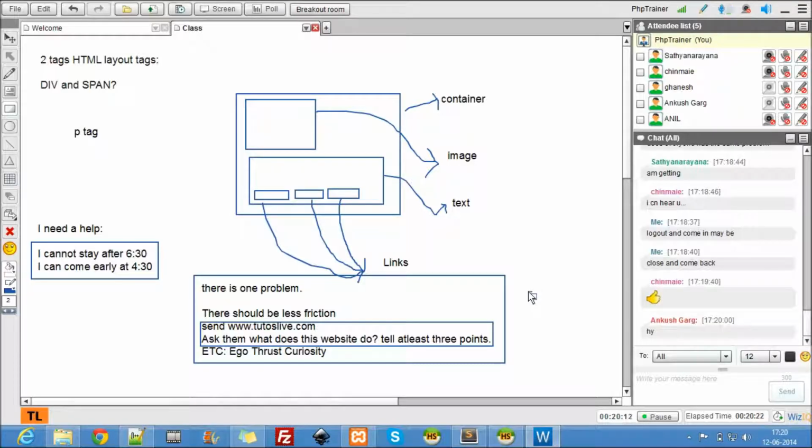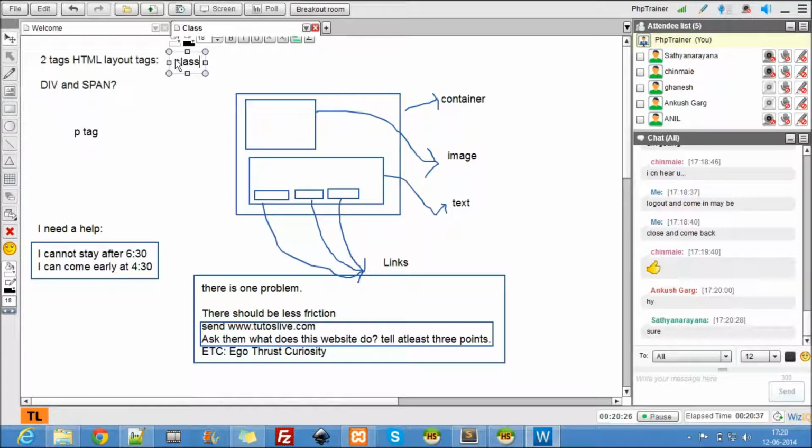Okay, so now let's look at div and span tags, what they do real quick, and then we move on to the next type of selector. Yesterday we only talked about a tag selector, which is also called an element selector. Now today we'll talk about class selector. Then I'll give syntax to all the 4 styling. First syntax, and then we start styling one by one. This is the agenda for today's class.